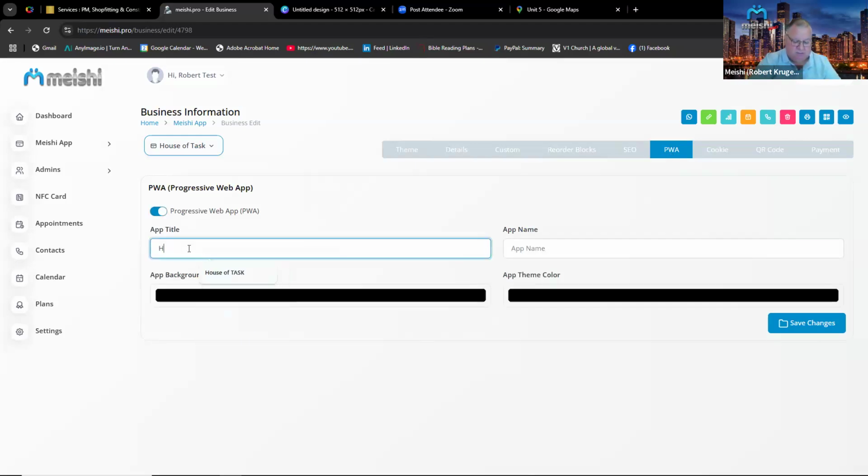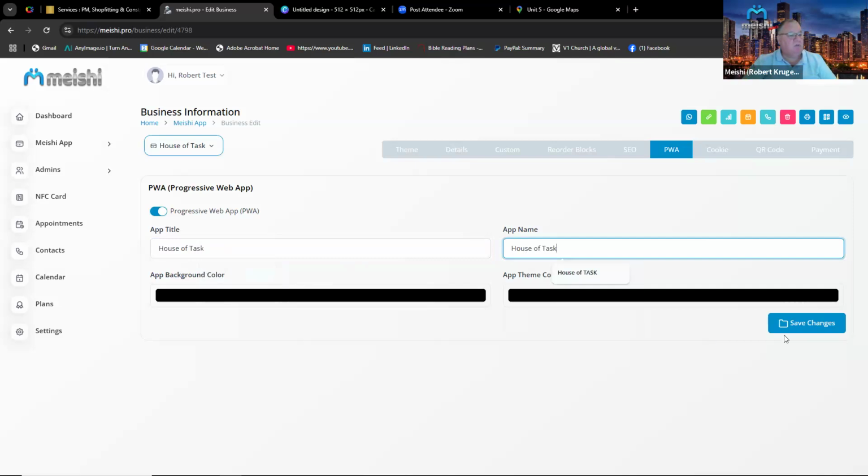So it's the House of Task. Okay, so it's in. Copy that, and the app name is the same, House of Task. Simply save changes. Now, this is a very important step,